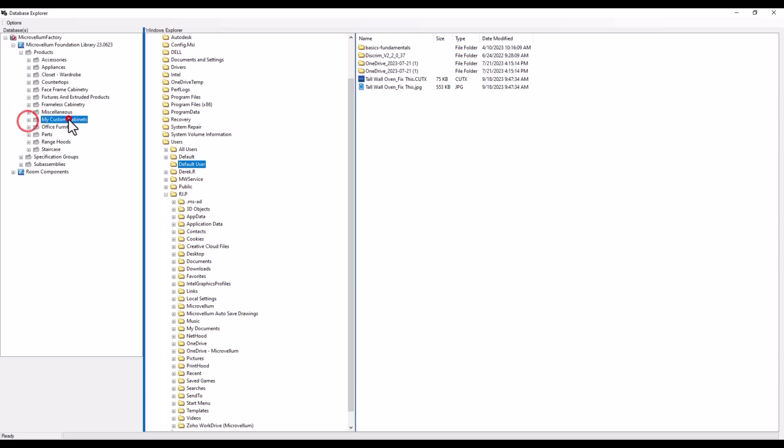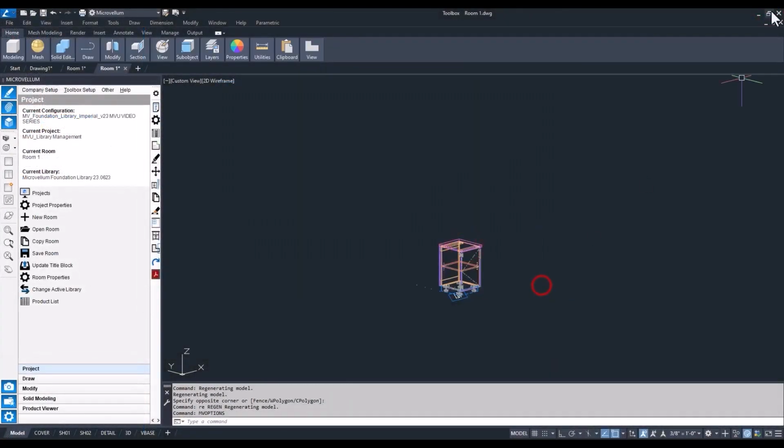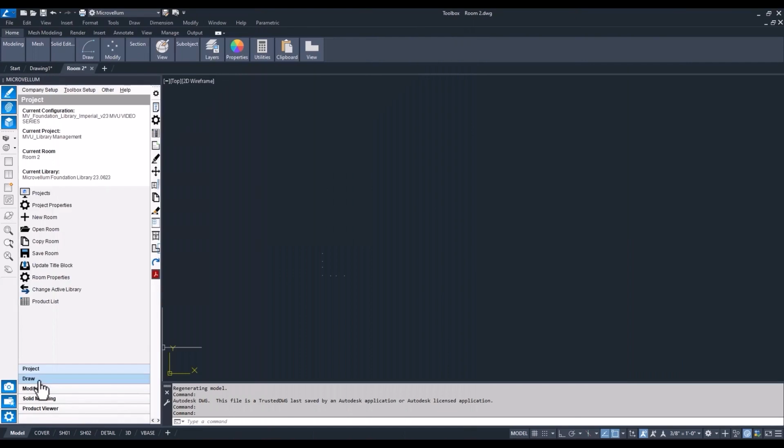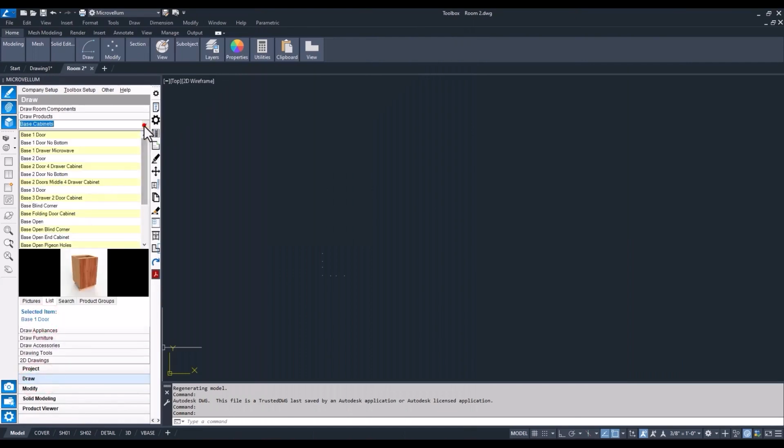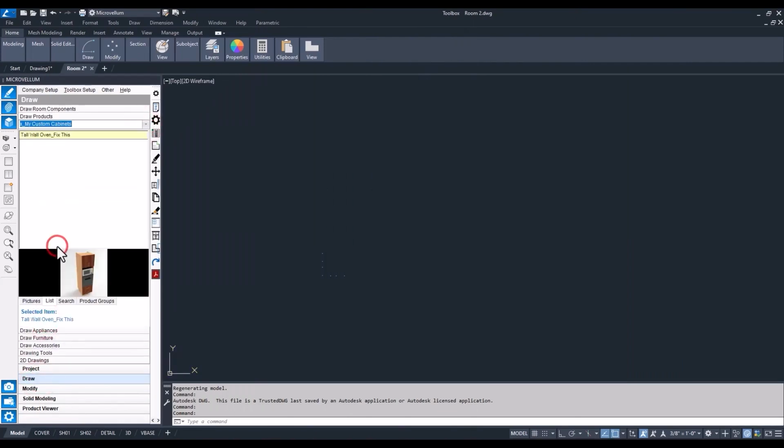I'm just going to rename mine so it drops down to the bottom of the list. You could also rename the product inside of here, change the image just by selecting it and right-clicking on it. So it's that easy. Once you've added it to your database, close out of Database Explorer and restart Toolbox. And as you open up your library and search through your categories, there's my custom cabinets and the new tall